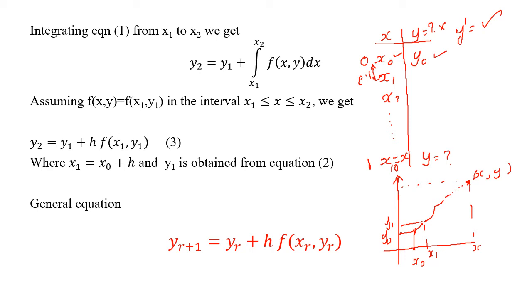In a particular step we make a very small step, and that is why we call the size of the step h, or in other words, we call h the step size. So this way we march from one point to the unknown point. This is how Euler's method works. Now let's try some numerical example.